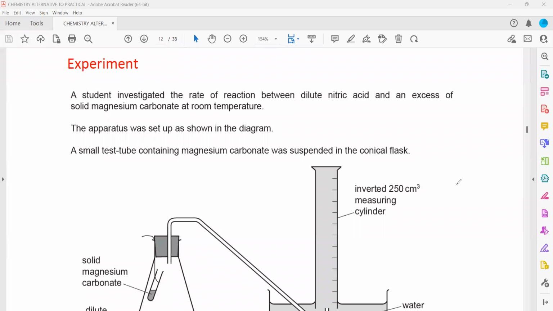So, chemistry alternative to practical revision. This is the second part, as we discussed some questions earlier. In this experiment, a student investigated the rate of a reaction between nitric acid and an excess of